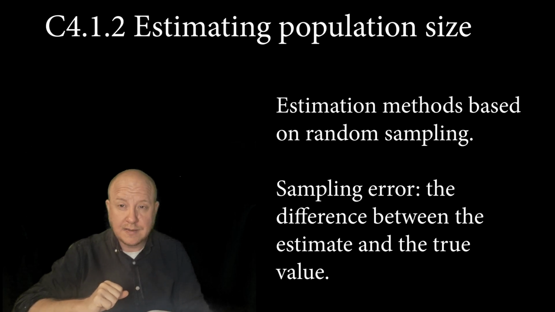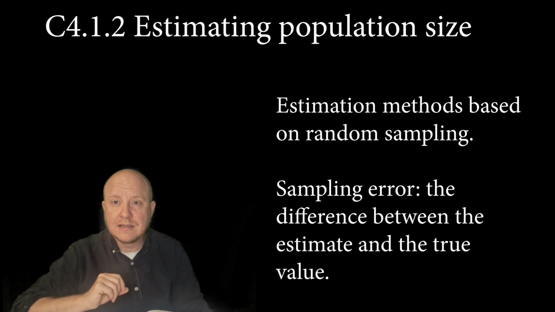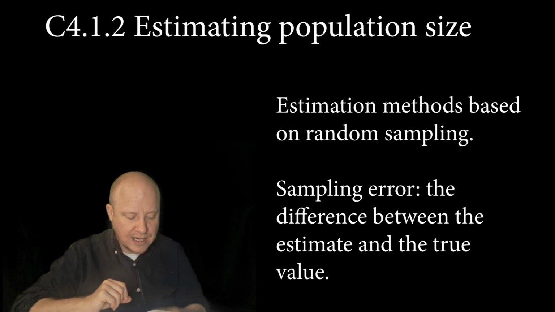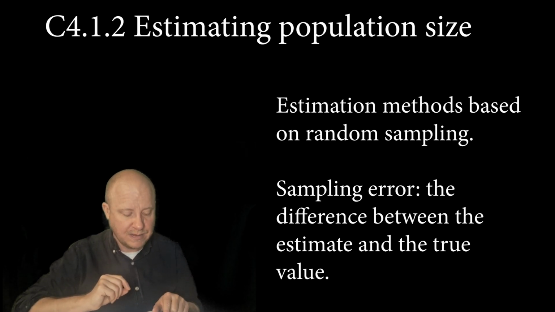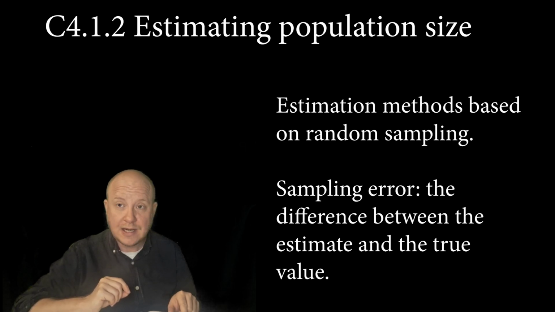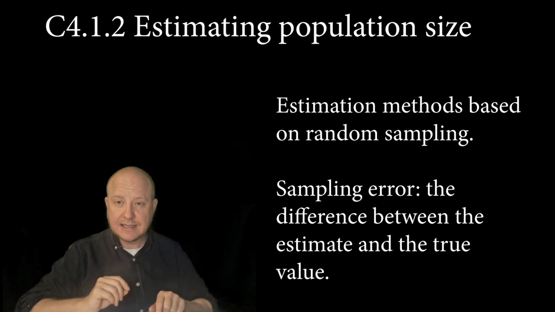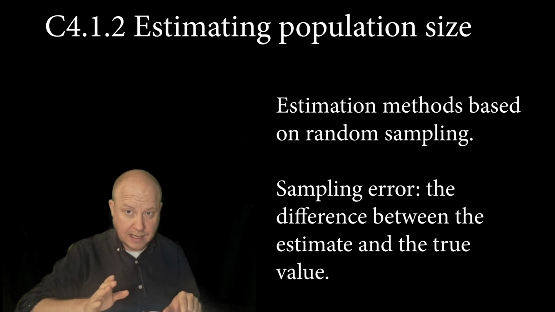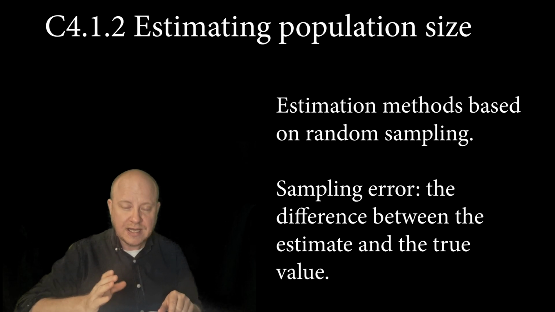C4.1.2 Estimating population size. Estimation of population size by random sampling. Students should understand reasons for estimating population size rather than counting every individual, and the need for randomness in sampling procedures. Nature of science. Students should be aware that random sampling, instead of measuring an entire population, inevitably results in